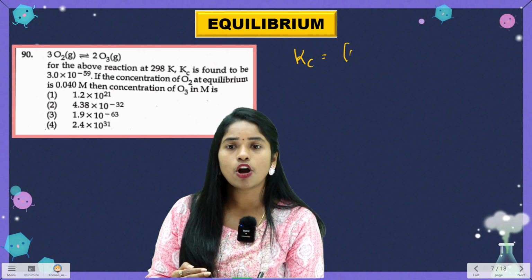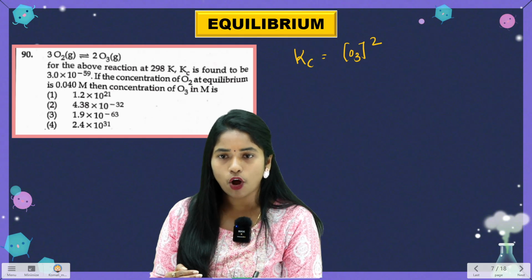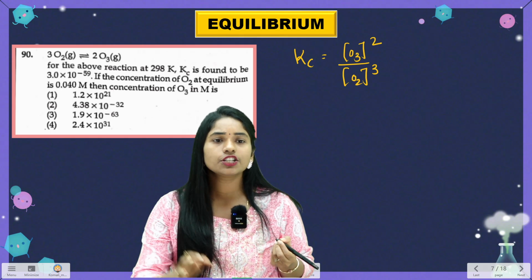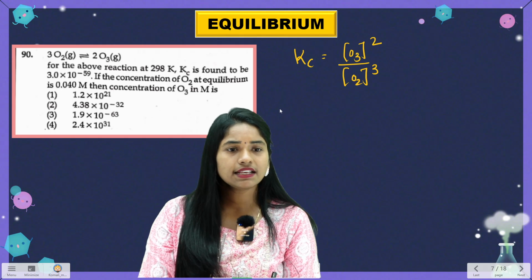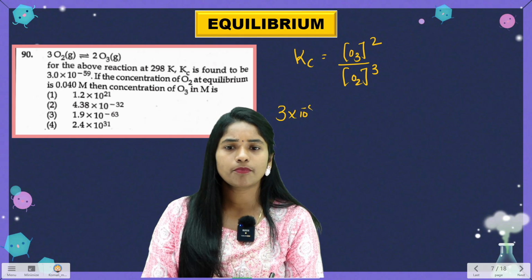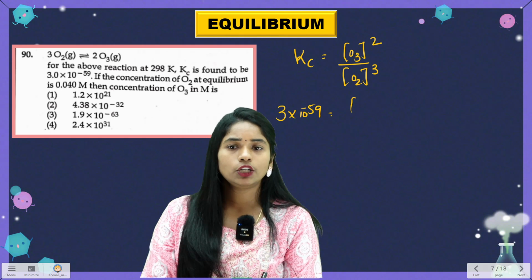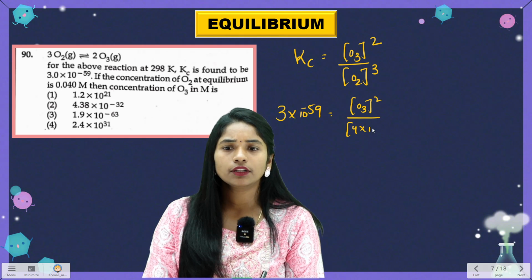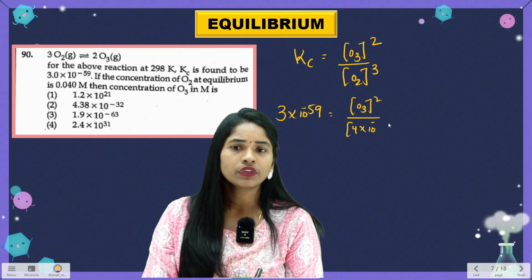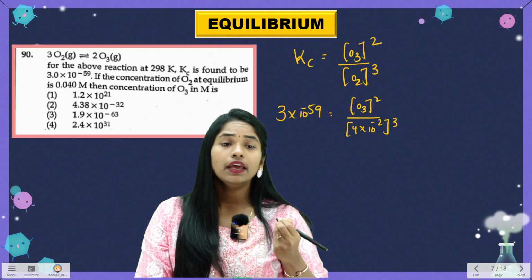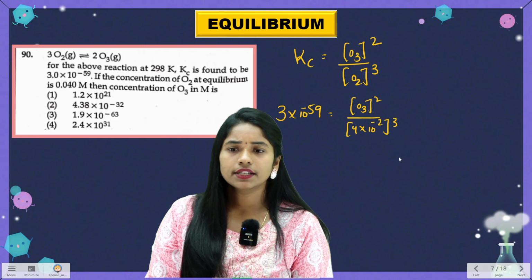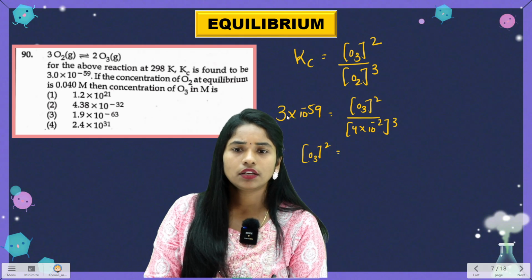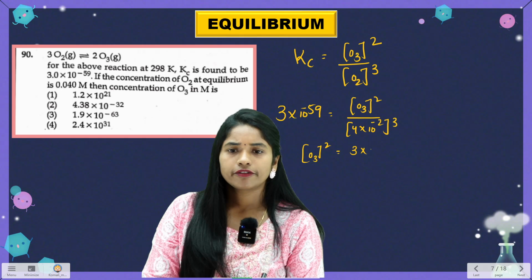Kc is equal to the concentration of the product divided by the concentration of the reactant. What is the concentration of the product here? Kc value here is 3 into 10 to the power of minus 59, which is equal to O3 square divided by O2, which is 4 into 10 to the power of minus 2, whole cube. Then after doing this, O3 square is equal to